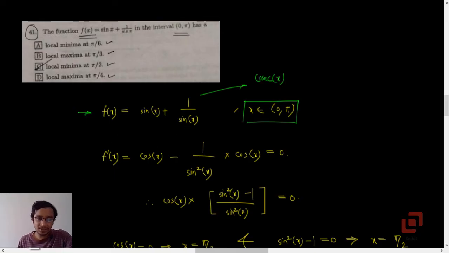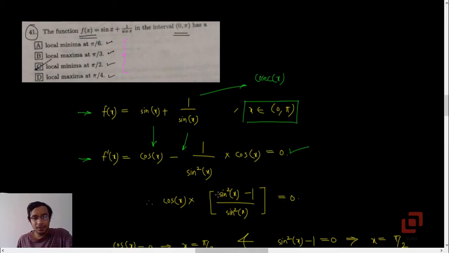Now the options tell us that we should apply the first derivative test, because it is about locating the local maxima or local minimum. So the second step would be differentiating f with respect to x. Sine's derivative is cos x, and 1 upon sine's derivative will be minus 1 upon sine squared x, that is the derivative of the outer function, into cos x, the derivative of the inner function, chain rule. And if you are applying the first derivative test, then f dash of x should be equated to 0.